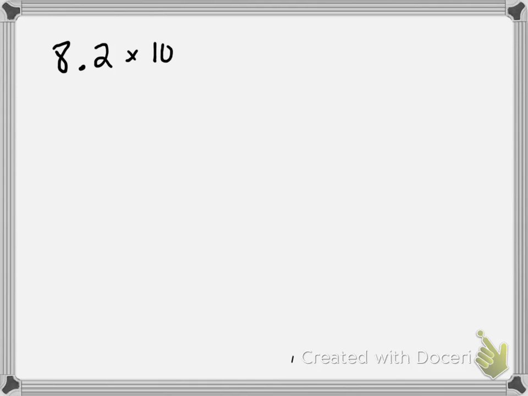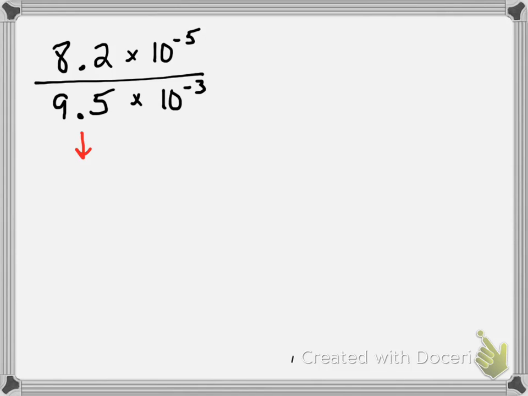Now let's look at a division one. We've got 8.2 times 10 to the negative 5th divided by 9.5 times 10 to the negative 3rd. These steps are basically the same thing, except this time we're just dividing. So we divide the numbers, 8.2 by 9.5. Just like with multiplying you multiplied the numbers, this time we divide the numbers. And that gives me